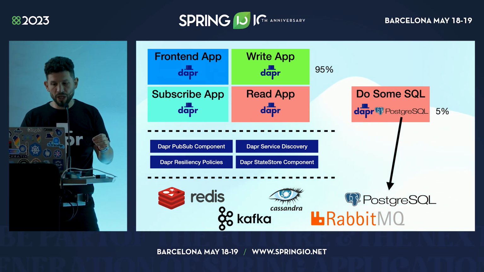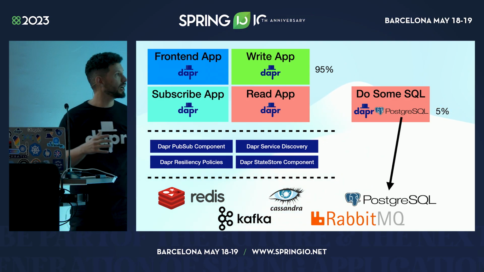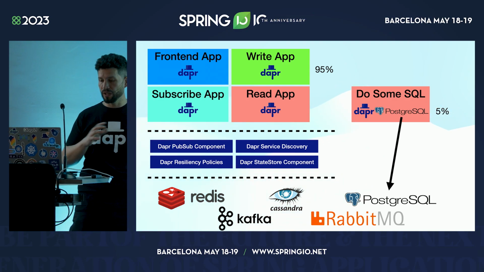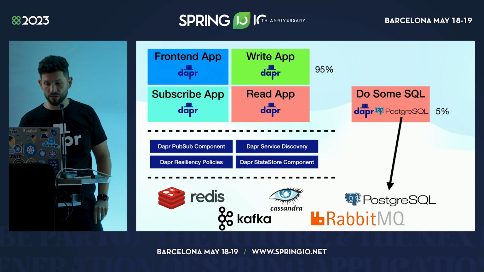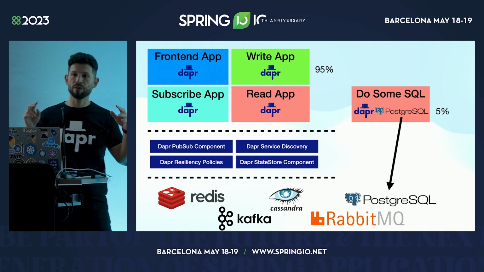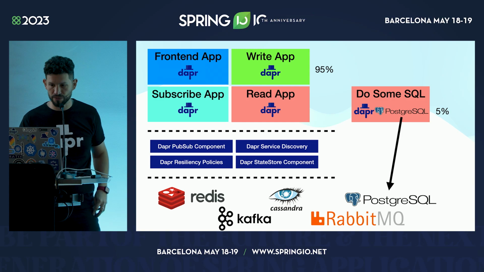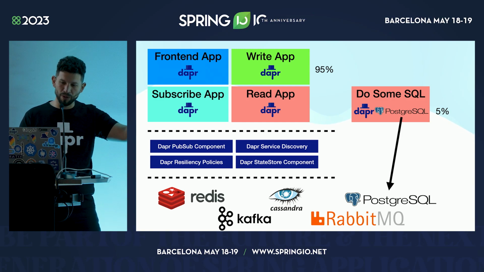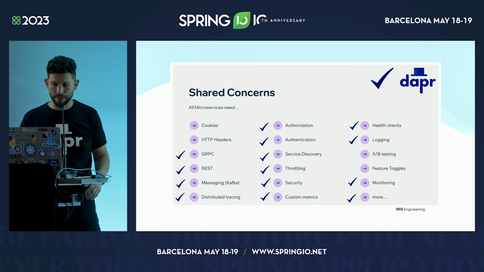Dapr is pushing really hard to have all the APIs of these components be standard, right? There are some other communities that are building similar APIs, and we are trying to standardize and unify those APIs so they are not the Dapr APIs, but more like the application level APIs that every developer can use. And that we are using Dapr to implement those APIs is just a detail, right? It's not a mandatory thing.